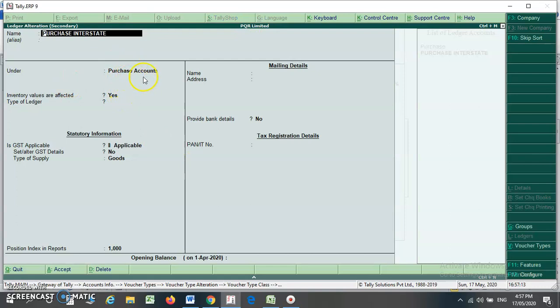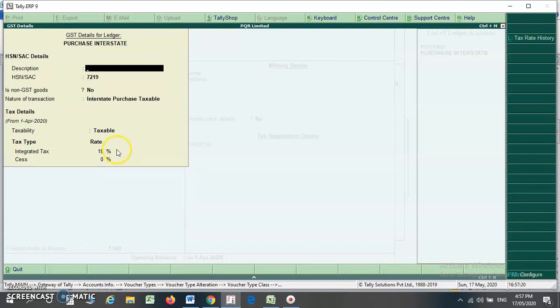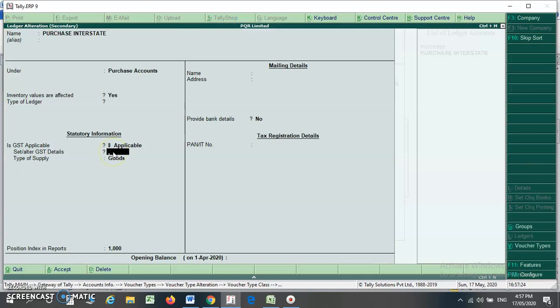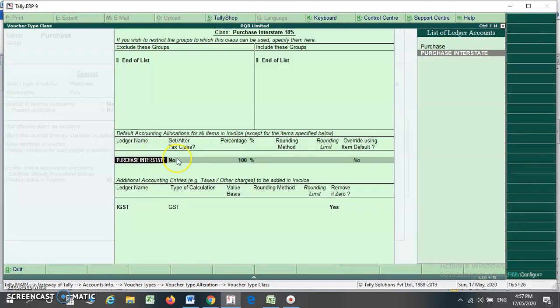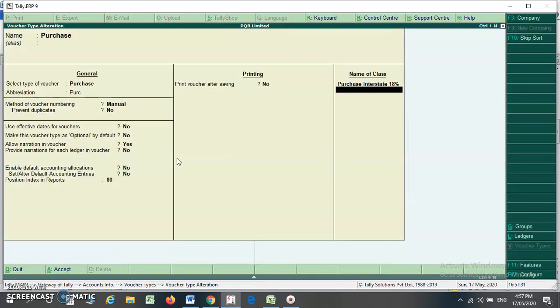You can see that it is under the group purchase accounts. GST is already selected as applicable. Set or alter details, yes, you will see that I have already selected 18% tax. Friends, we have already discussed ledger configuration in our last video. So I am just pressing enter. My purchase class for interstate 18% is created.